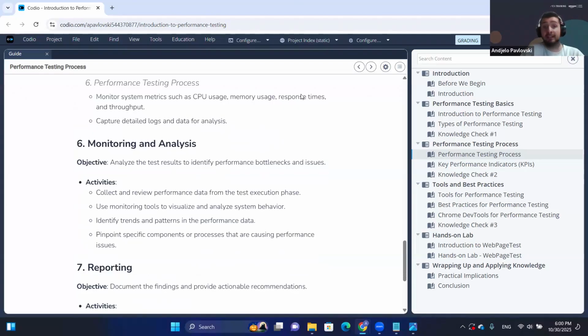Now onto the monitoring and analysis. This ties into the execution. So the monitoring happens during and even after the execution along with analysis. So what do I mean by that? Again, it's very hard to just open logs from a performance test and try to read through them. You want to follow them in real time. You want to write down everything that's happening,